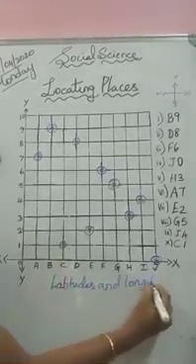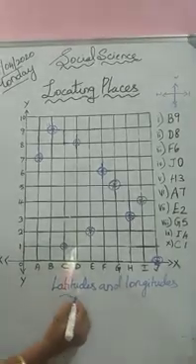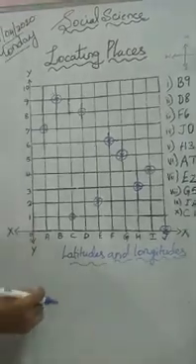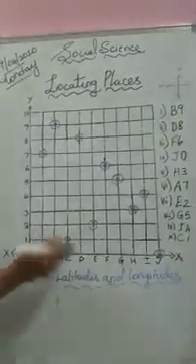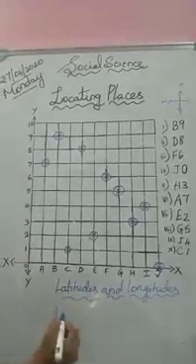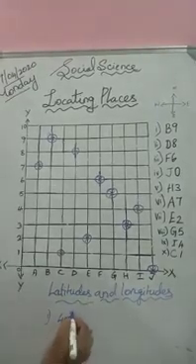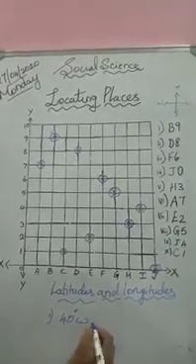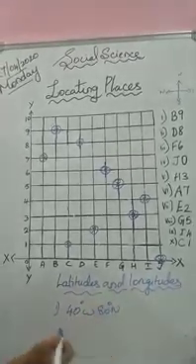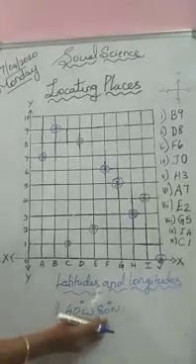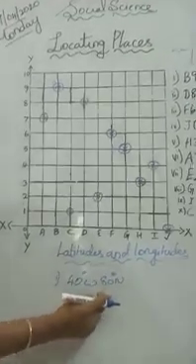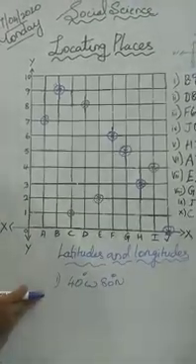As you are aware, latitudes run horizontally and longitudes run vertically. So with the help of that, we will be marking places; the meeting place of these two, latitude and longitude, gives you your destination. For example, if you take 40 degrees west and 80 degrees north, this gives you the location. If you locate these 2 points on the map, you will get the location. So using these latitudes and longitudes, in the next class we will use the map and locate places.